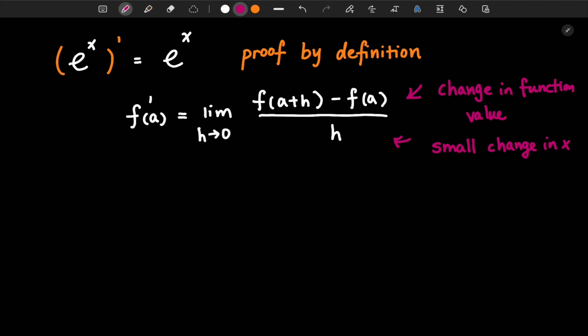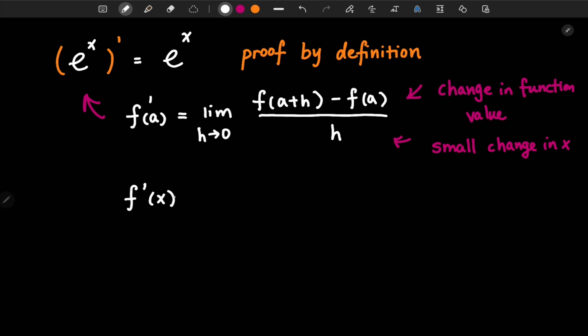So let's plug into our original equation e to the x. Since we're calculating the derivative of e to the x and not at a specific point, we'll say the derivative